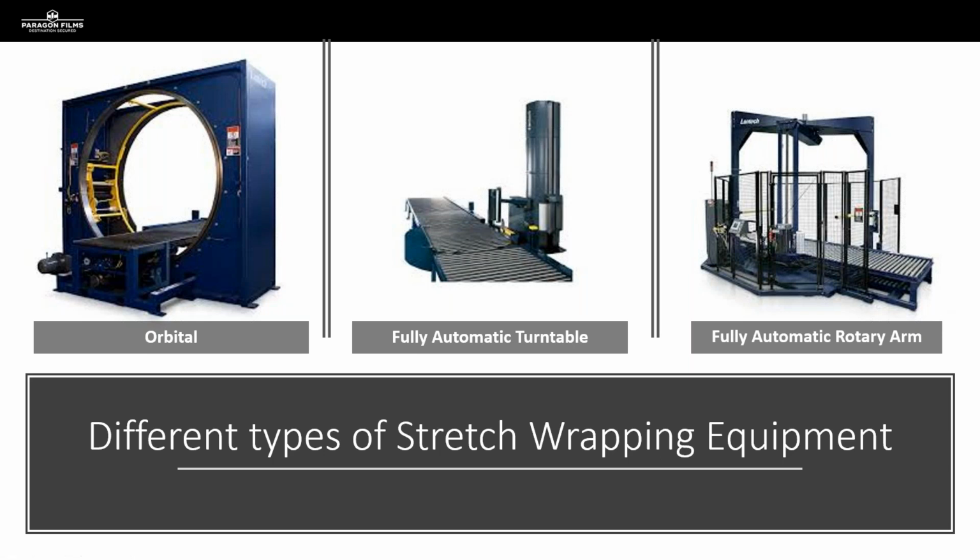Next up, we've got an Orbital, a fully automatic turntable, and a fully automatic rotary arm. Now on that Orbital, sometimes we see these where customers have a different need in how they're actually putting compression on their load. They may need to have compression from top to bottom, so that Orbital is going to give them that option because it's going to wrap the four sides and give them that nice tight compression from top to bottom. And then sometimes we see these in line with something like that fully automatic turntable, where they can then go on to wrap the remaining sides of the load, and they actually get coverage on all 6 sides